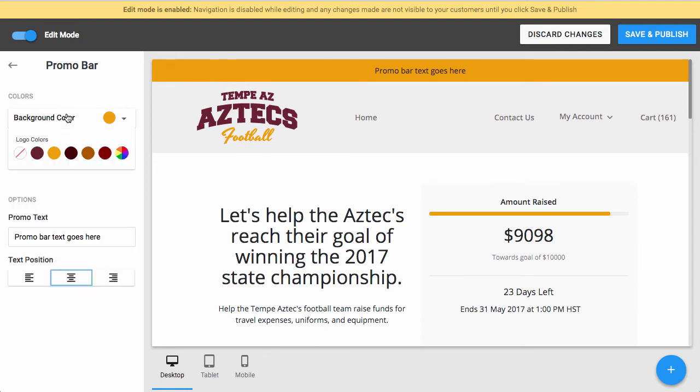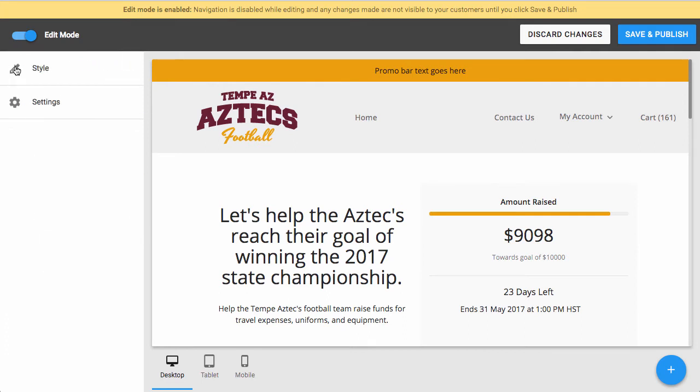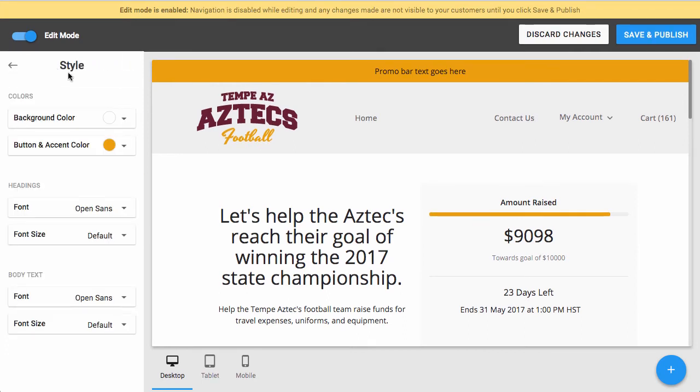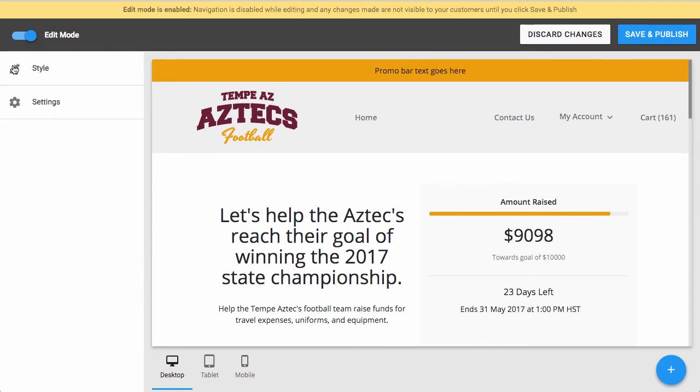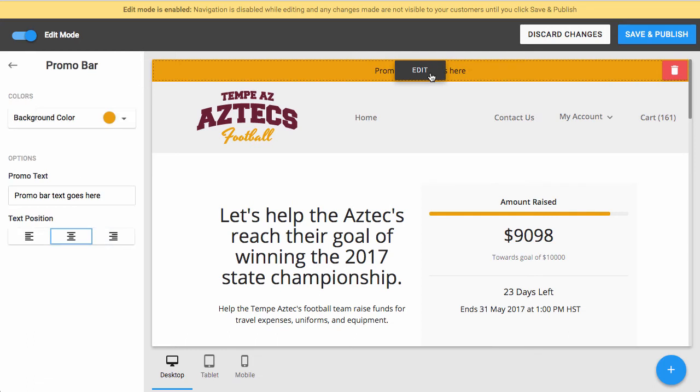So by default, the background color will be established as the primary accent color. And let's go ahead and look. If we go back to style, you'll notice button and accent color is currently yellow. So it automatically adopts the accent color that you had defined for that store. Now, of course, I'll go back to the component and hover my mouse over the promo bar component where I can edit or remove. So if I click edit, that's going to re-invoke that promo bar window on the left-hand side,